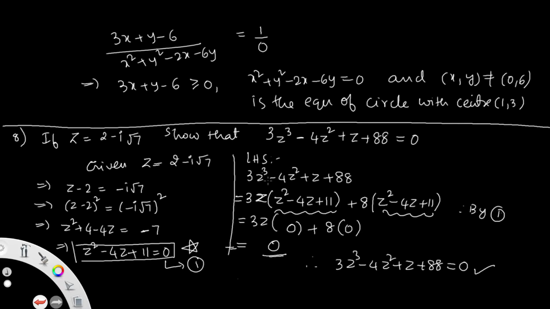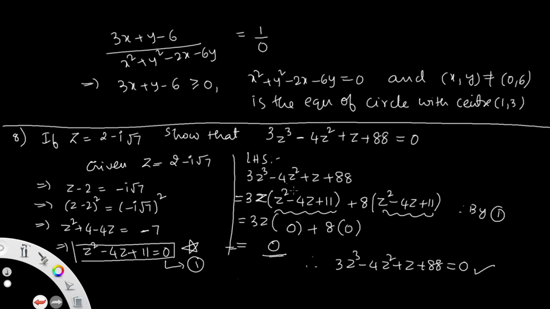Z square remaining means 3z is there. So 3z into, I am just dividing: 3z cube by z square means 3z now. That's why I am taking 3z into the base, total this value z square minus 4z plus 8 plus 11. Just multiply, 3z cube is finished. This means 3z into 4z, 12z square. But we are having here only minus 4z square. That's why I am excluding the 8z square, that is multiplied by 8 into the total base z square minus 4z plus 11. That becomes plus 8z square, here 12z square, then you get here minus 4z square.